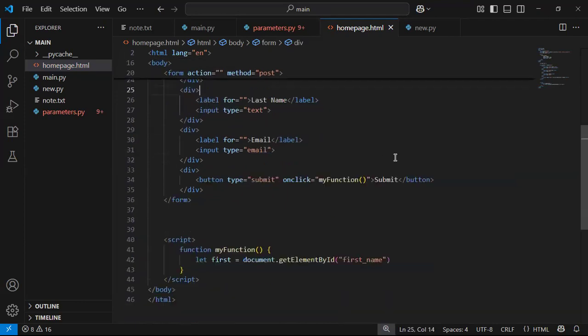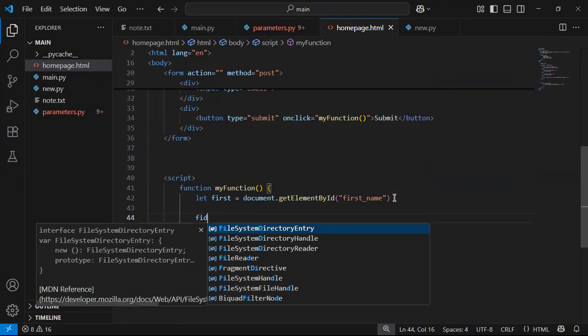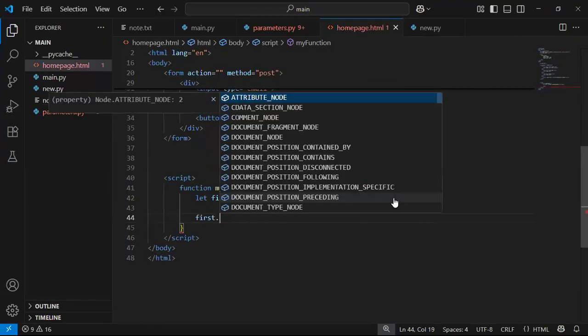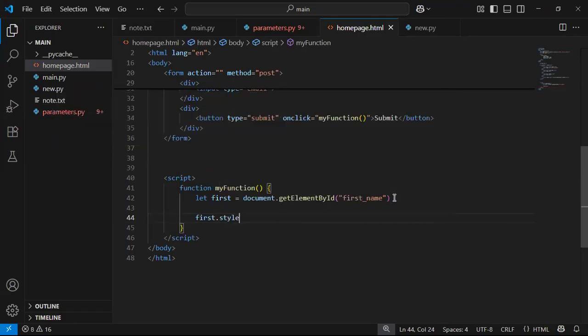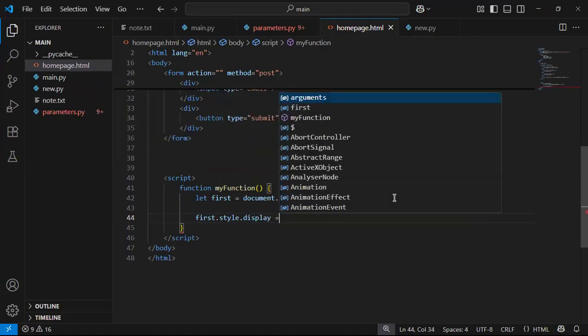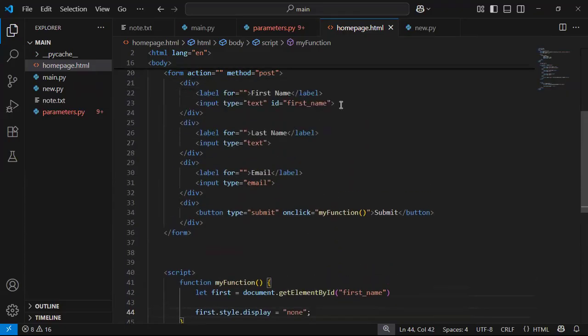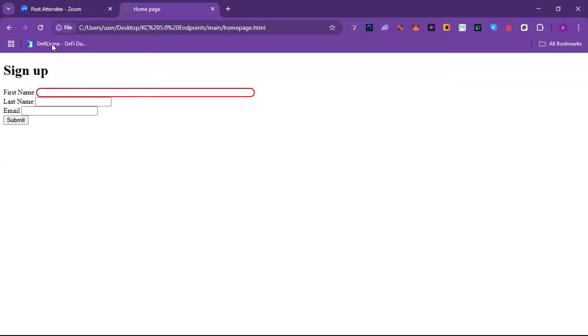So just get that element, and then I can choose to do whatever I want with it. Let's say I have first name dot style dot display, and this should be equal to none. So I'll hide this input field when someone clicks on this button. Let's go back and see if it's working. So if I refresh this now,